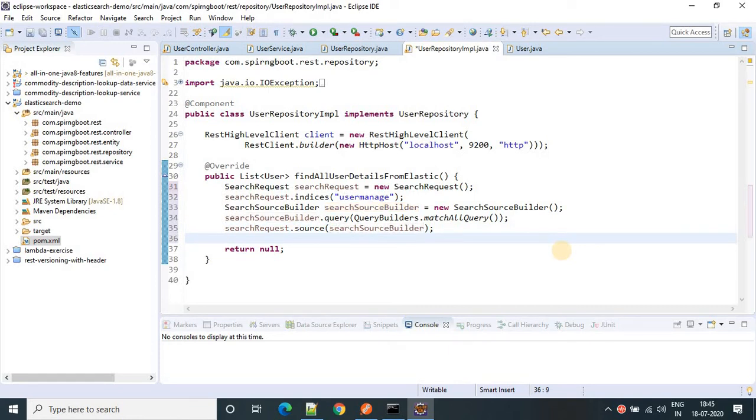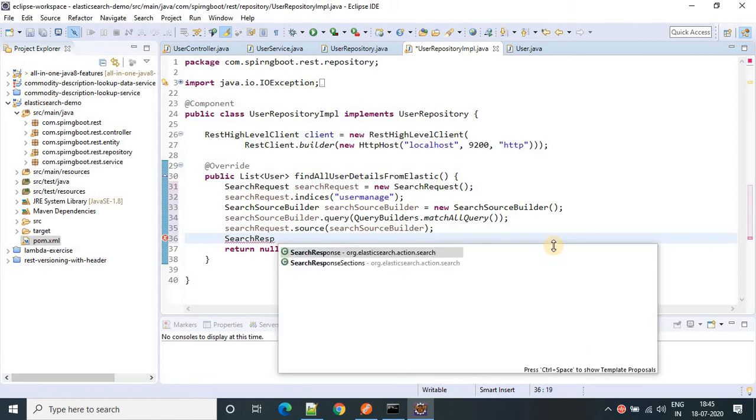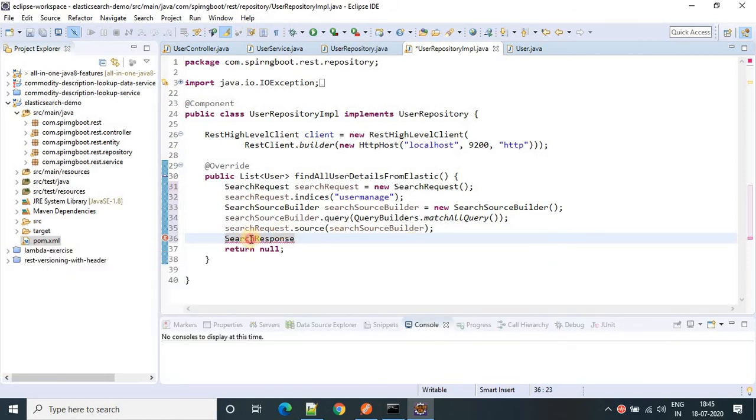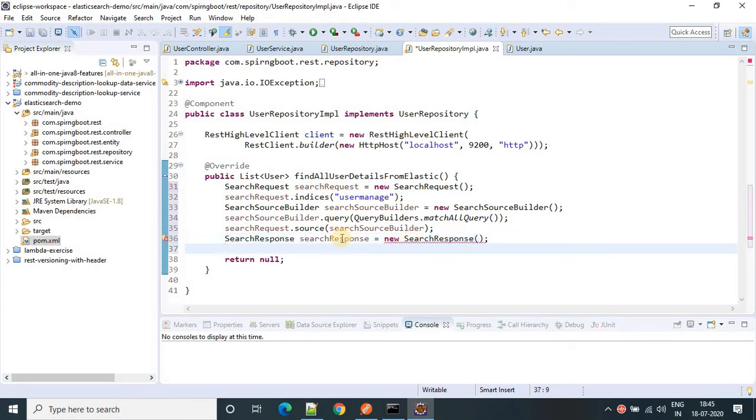Now we need a response. So the request part is done. We have created the query, and now we need a response. So search response, let me assign null here.